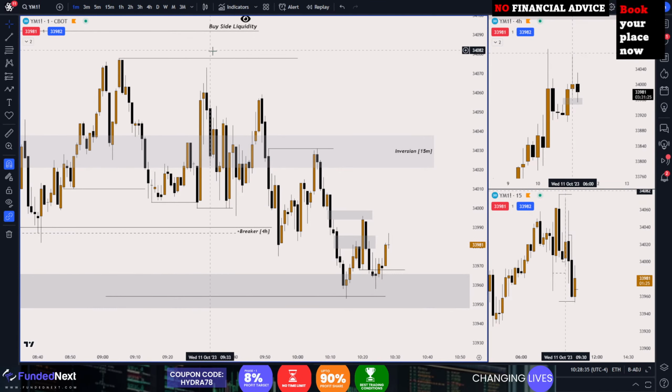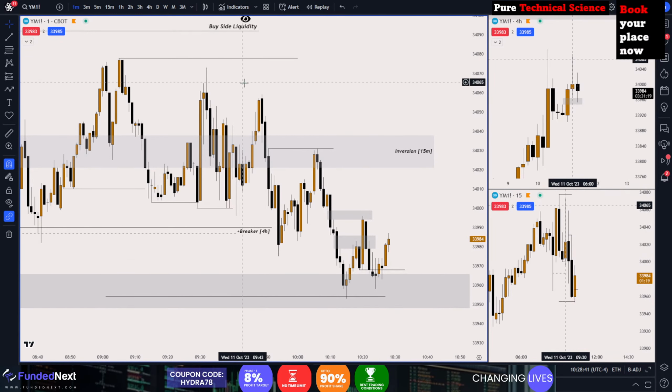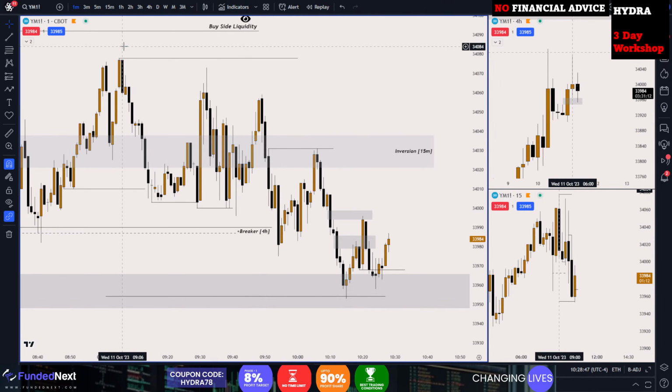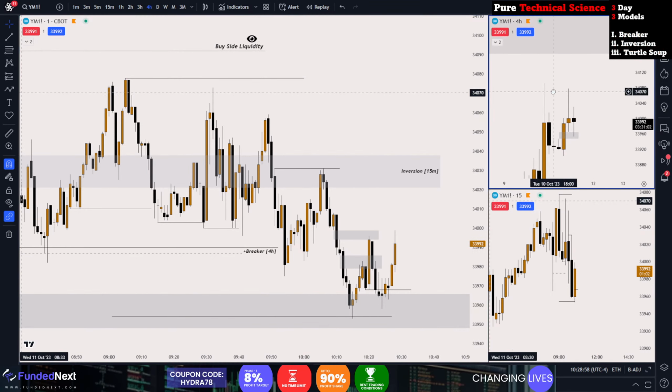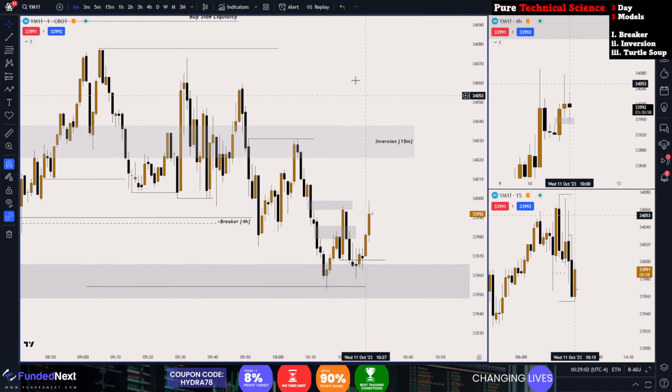Just like here, look how many times price did a stop hunt towards sell side, and how many times it generated buy side liquidity as a form of relative equal highs. Relative equal highs here, here, here, here. So at FOMC, I want to see price expanding higher, becoming bullish, clearing the buy side levels from here, here, here, if it's not already, then expanding higher. So overall I'm expecting to see an FOMC delivery towards